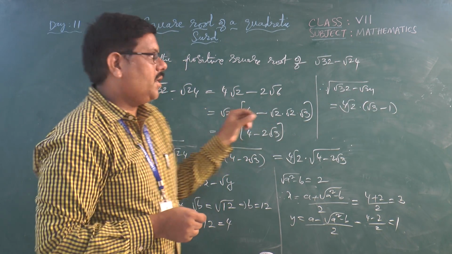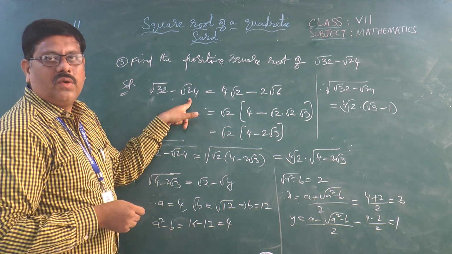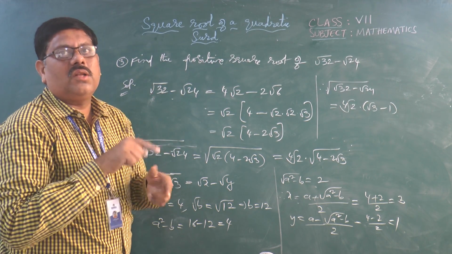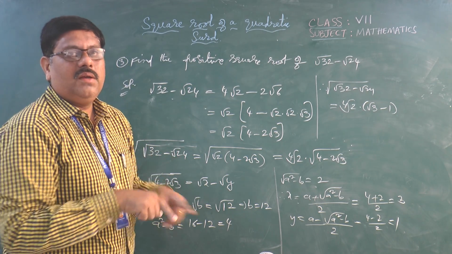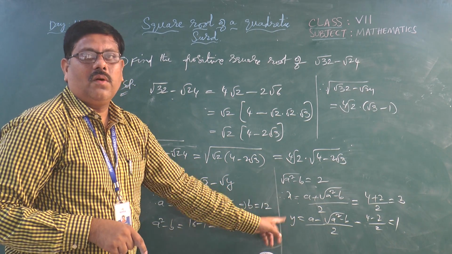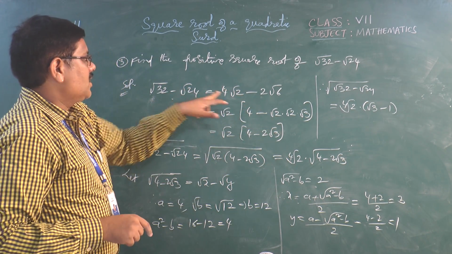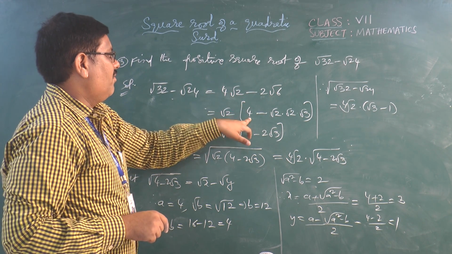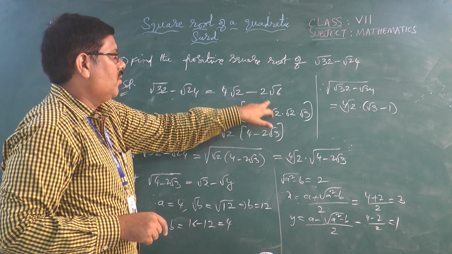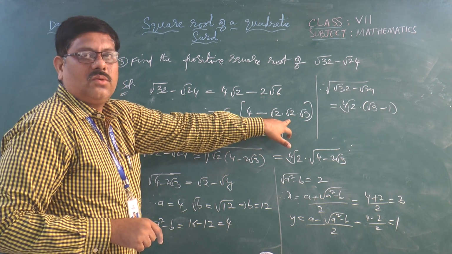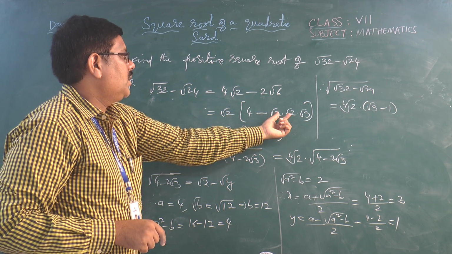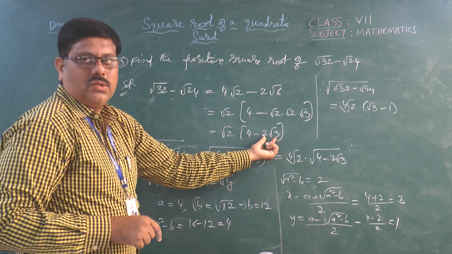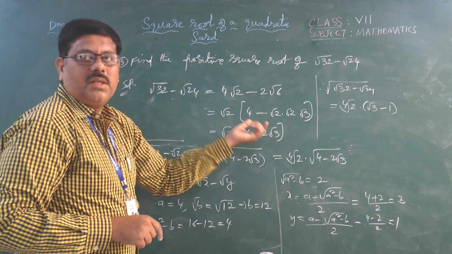So here what is important? Whenever you have root 32 minus root 24, it is not in the form of a minus root b. So first task is to convert into that particular form. Then we can apply these results x and y. For that I wrote it as 4 root 2 minus 2 root 6. Then again root 2 common I took. Then I have 4 here, and root 2 standing over here, and root 6 we are writing as root 2 into root 3. So root 2 times root 2 is 2, so it is becoming 2 root 3 now. So root 2 times 4 minus 2 root 3.